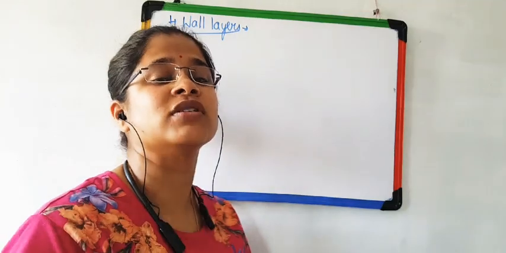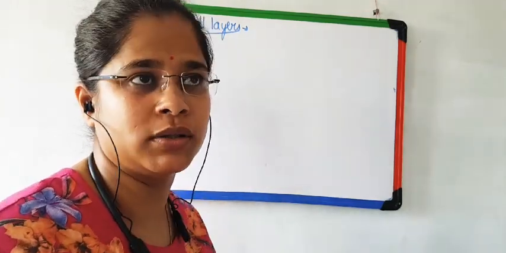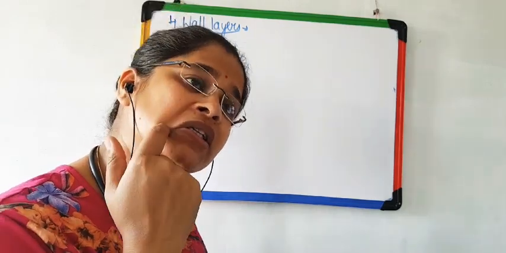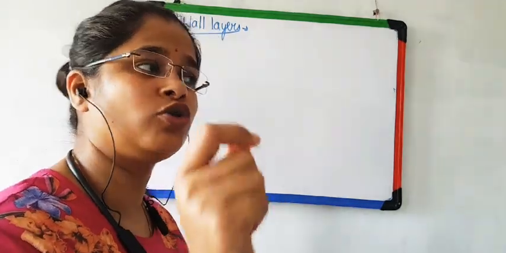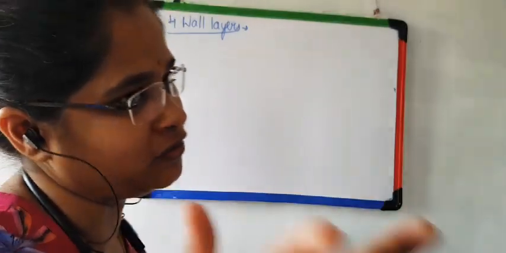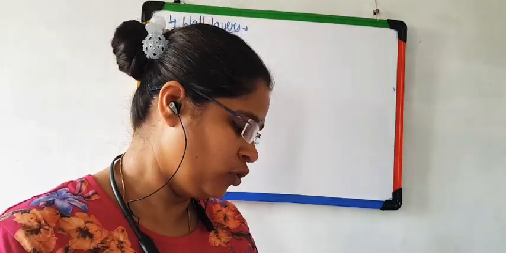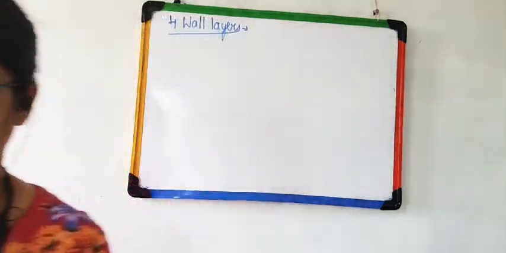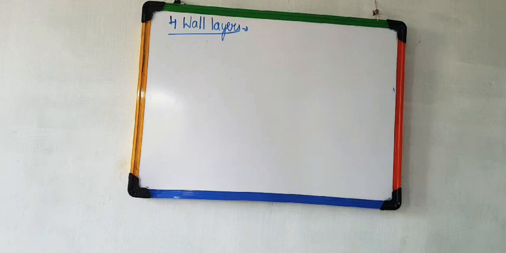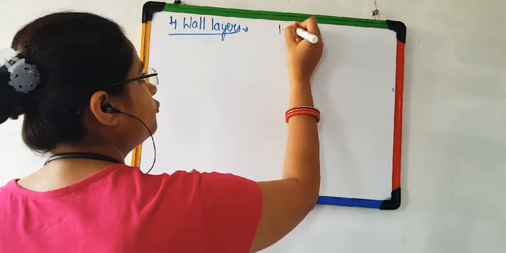Now what is the role of this connective? This connective helps in the development of vascular bundles, okay? And vascular bundles are responsible for the transportation of food and water. This we know, nutrients and water, right? Now you can see the 4 wall layers in 2.3a. What are these 4 wall layers? The names of the 4 wall layers are, first is